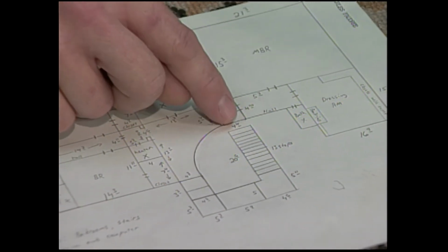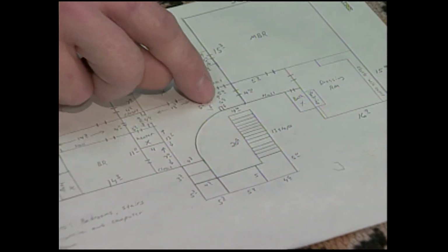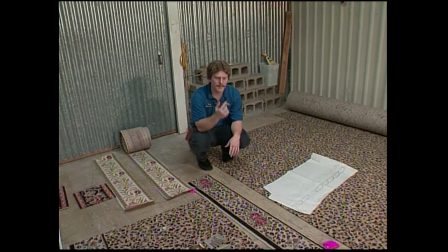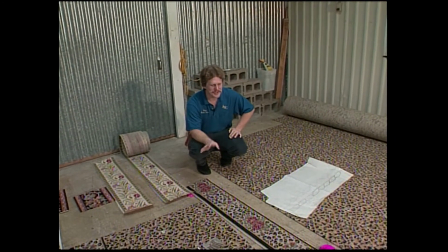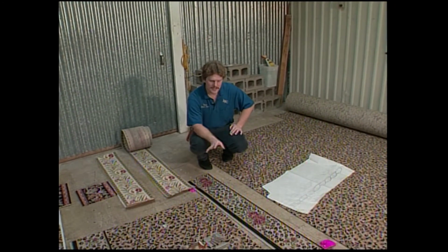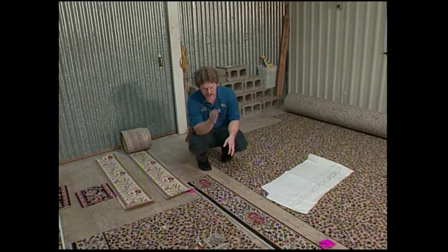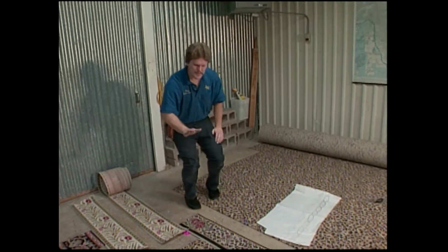We're going to start at the border, run up the stairs, run all the way around, run through the curved hall, all the way back down again. Now, this material is radically different than what we were looking at for inlayment. This is not normal carpet. It is closer to being a fabric and being such that you have to go through some very, very exotic stabilization techniques. Whereas you saw me earlier with conventional tufted carpet, like it's in everybody's home, this material cannot be